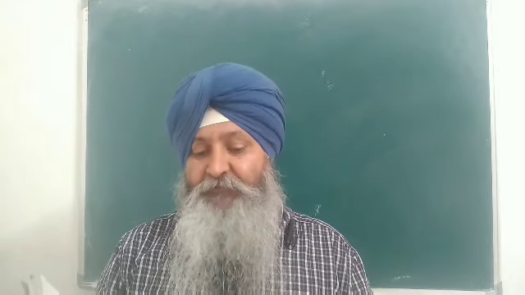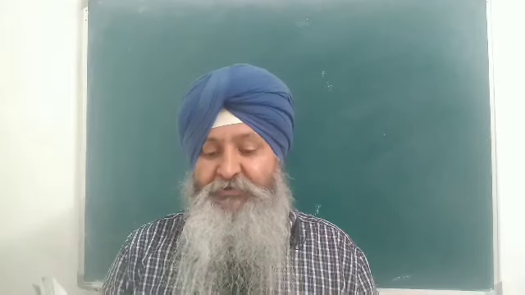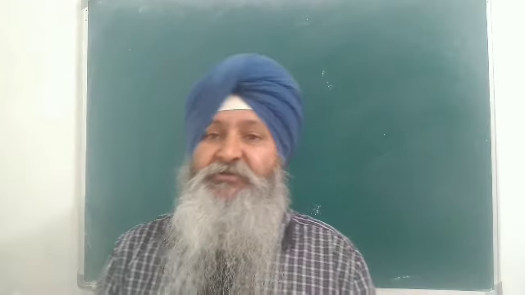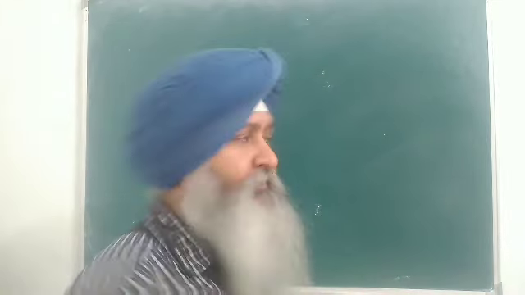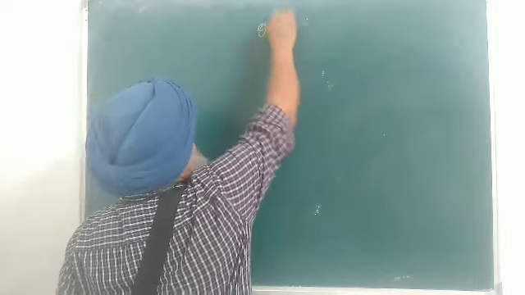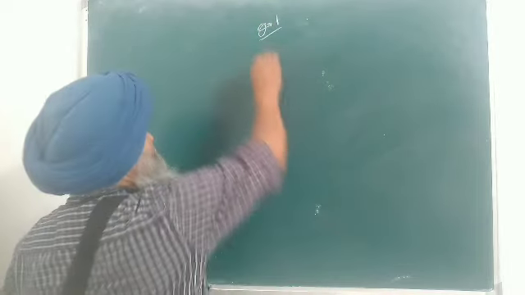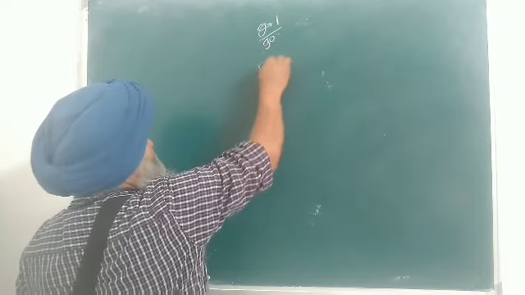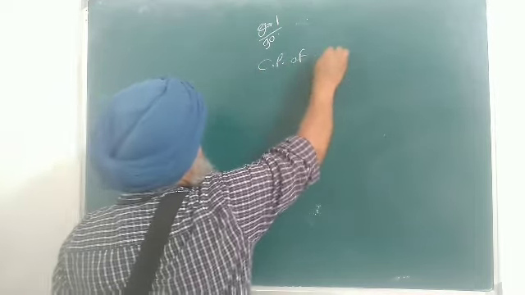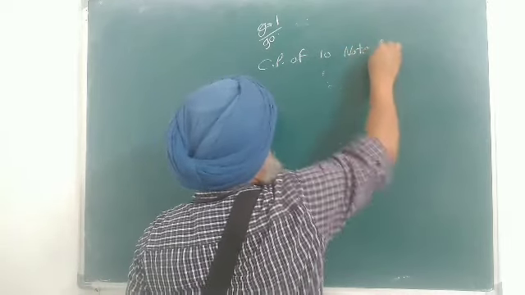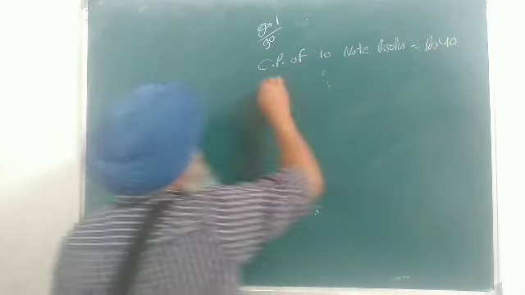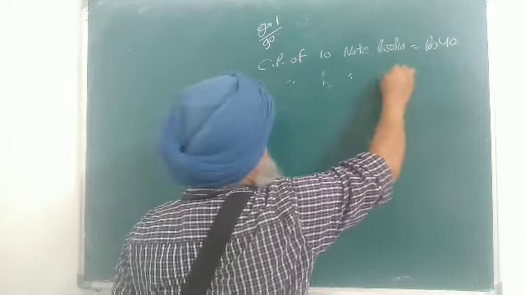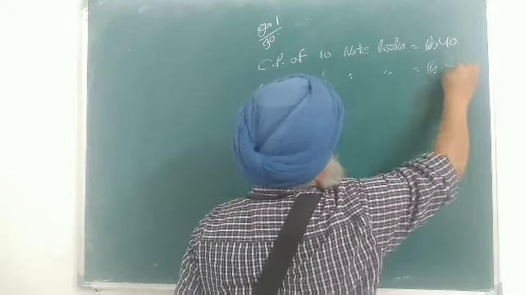Question number 1. Mega bought 10 notebooks for rupees 40 and sold them at 4 rupees 75 paisa per notebook. Find his gain or profit percent. Firstly, she purchased 10 notebooks for rupees 40. So question number 1, page number 9. Cost price of 10 notebooks is rupees 40. So cost price of one notebook will be rupees 4.